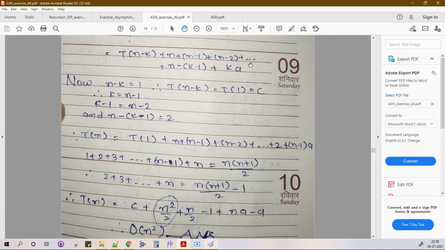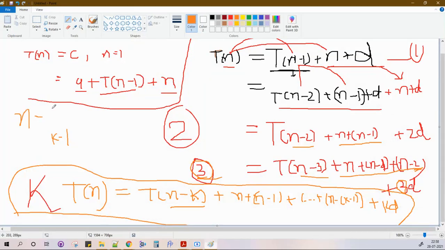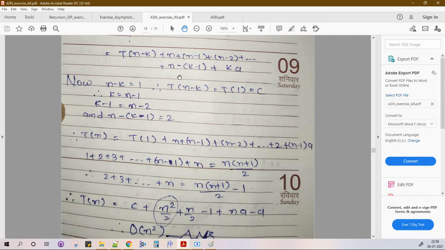And let's talk about the last term first, k into a. So I need to know what is the value of k. So value of k is nothing but n minus 1. Okay, so that is also resolved. Now I have k minus 1, so k minus 1 is nothing but n minus 2, or n minus k minus 1 is nothing but 2. Simple mathematics, k equal to n minus 1. If you put k equal to n minus 1 here, then what will happen? N minus 1 minus 1. So this n and n will cancel out, minus minus minus 2, minus minus plus, so it would be equal to 2, right? So this term would be equal to 2, right?